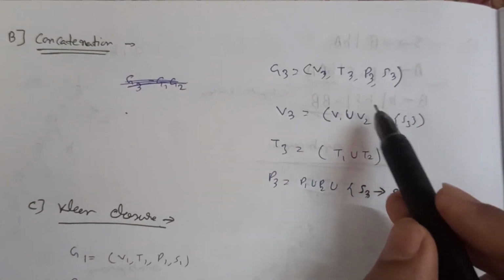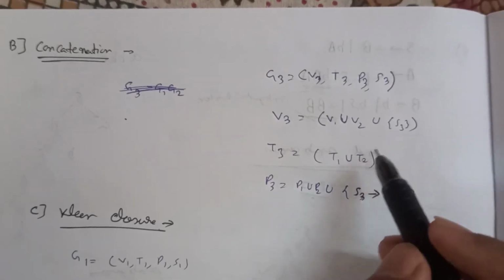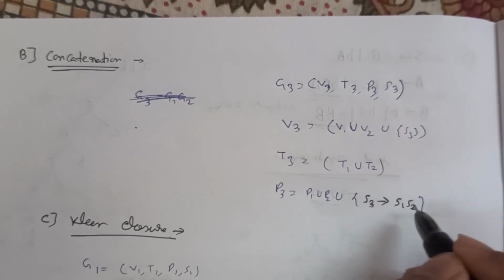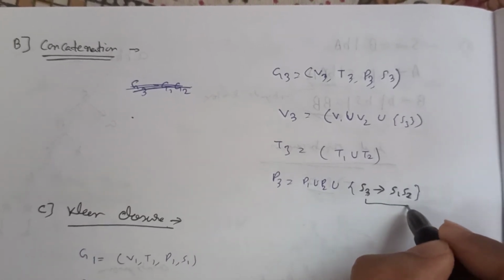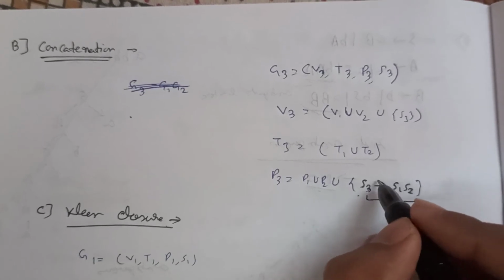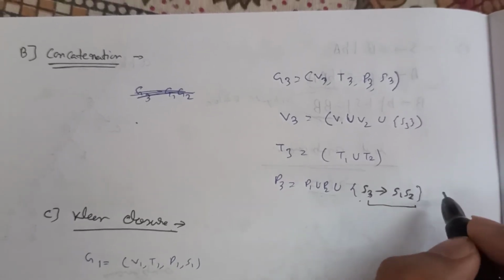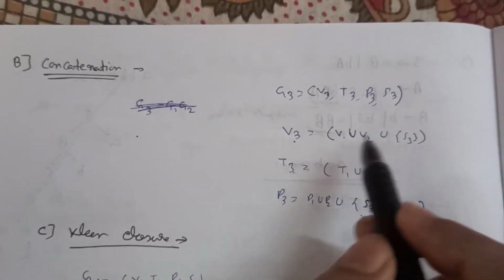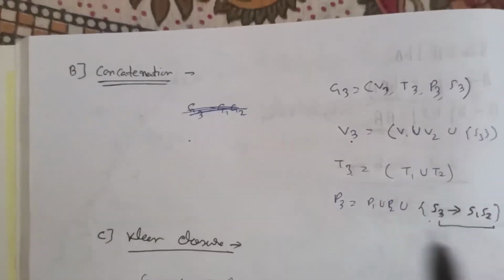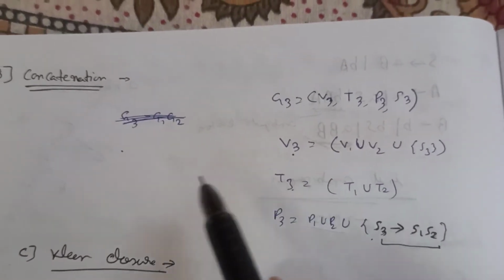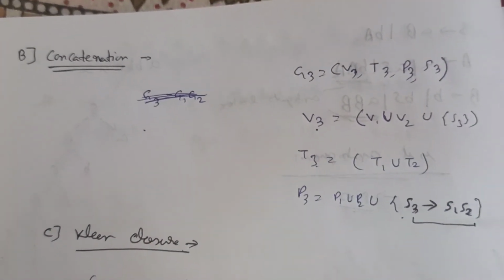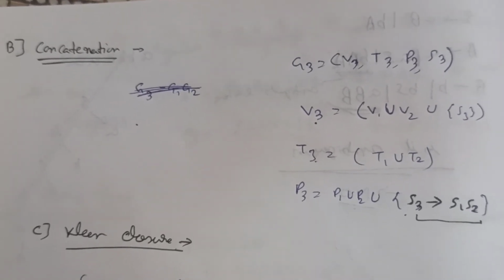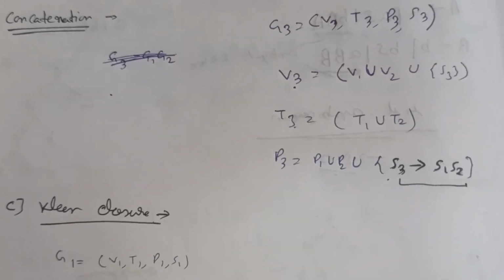Now for concatenation, these kinds of things are almost similar, except for the production rules there is a slight change. In the production rules we do not add them through pipe operators, we just make the concatenation of them. So from S3 there will be a production rule from S3 to S1 S2. But see, the terminal and variable sets are similar, just like the union part. See, there is something else: intersection and complement of a CFG is not another CFG. Intersection of CFGs is not a CFG, and also the complement of a CFG is not a CFG.